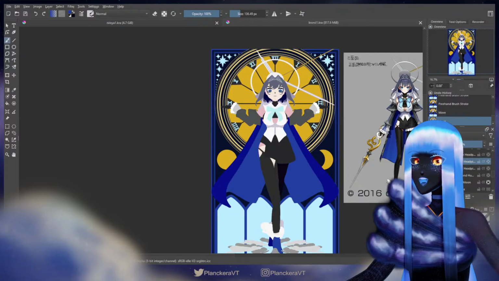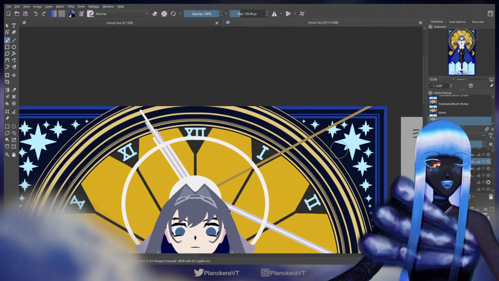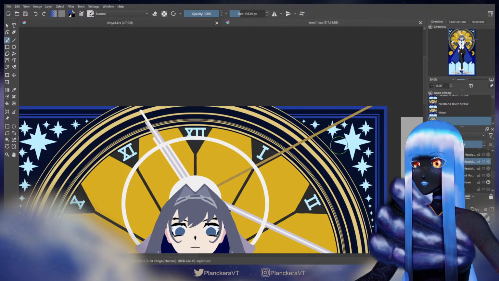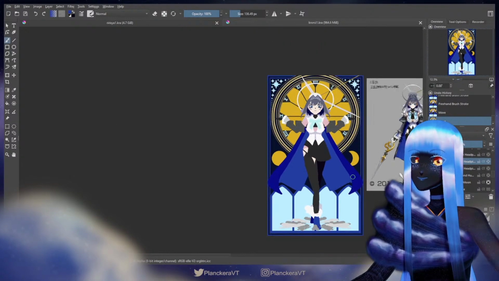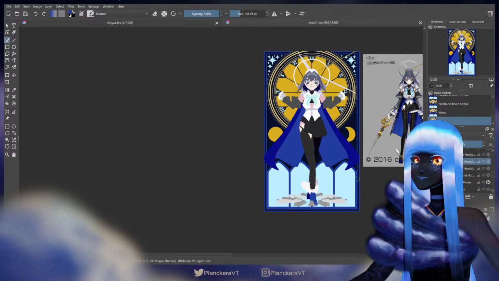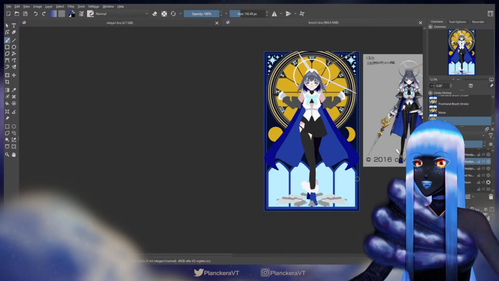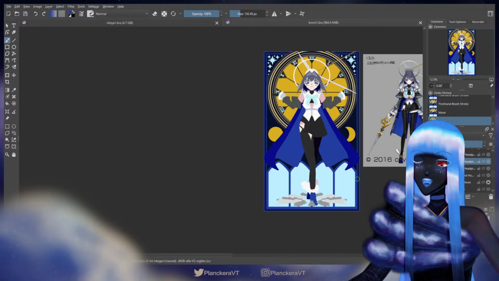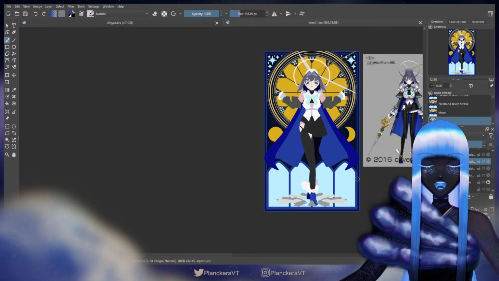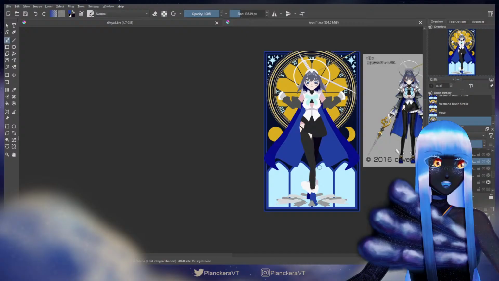And I think this gold still stands out fine enough against this, so you can see this. But that said, I might stroke it in black, or I guess in this color that I picked that was close to black. Alright, so I'm going to go ahead and fill in the rest of the area, and then with any luck, I can start turning her into something that looks more like stained glass.